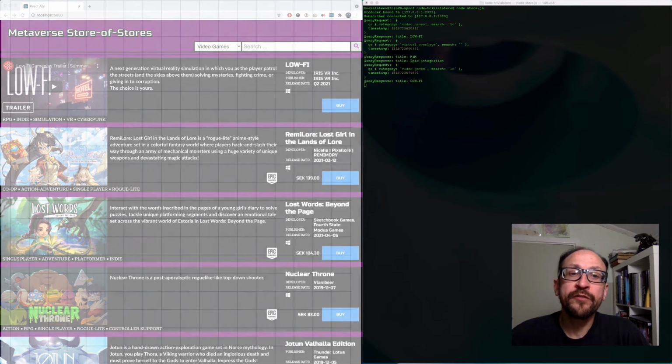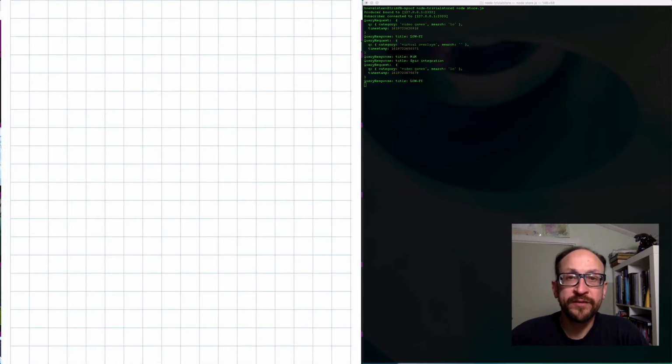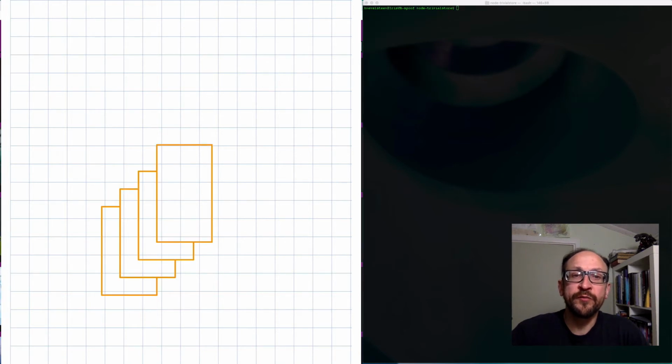The Store of Stores consists of 4 different component types. The first component type is each individual store themselves. I set up a store for lo-fi as an example, but the idea is that Iris VR set up their own server and then maintain control over it. And I definitely do not own or have control over Epic Games. So they have control.